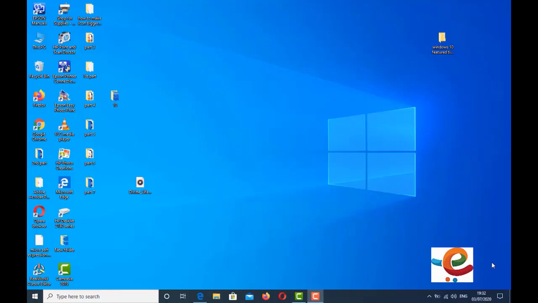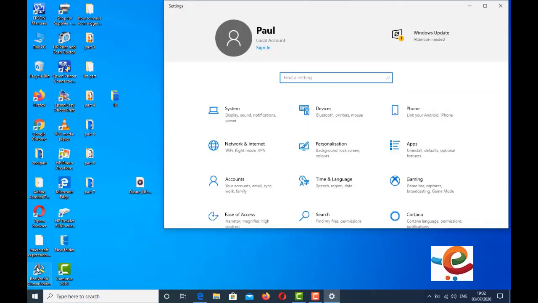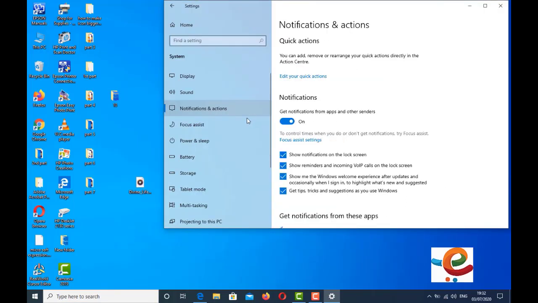Storage Sense. It helps to get rid of junk files. When you are running low on space, go to Settings, System, Storage.